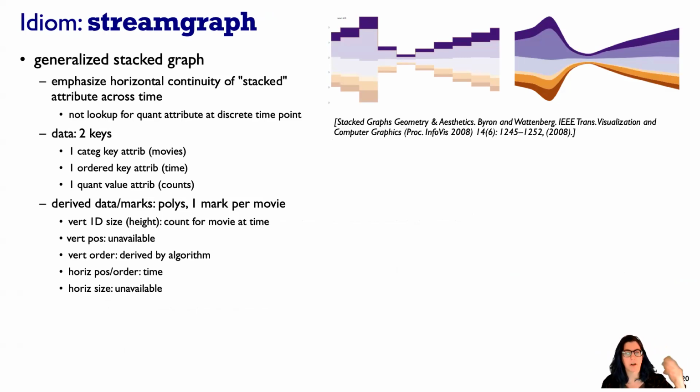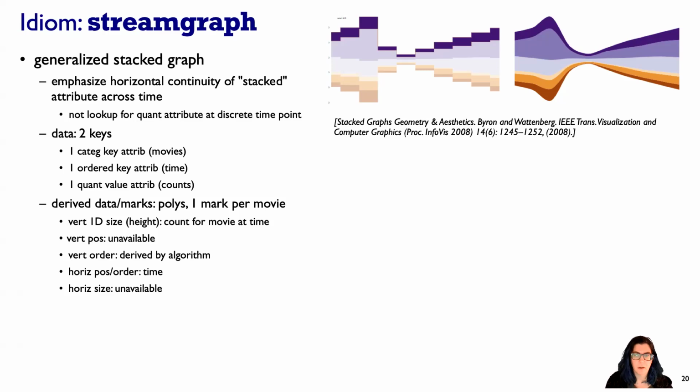So we're going to take our data. We've got 2 keys. In this example, the one attribute is movies. The other attribute is time. And then we have counts, like how many people saw the movie in that day or month or year. Now, what we're going to do is derive something. And we're not just going to derive something simple, like a single number. We're going to derive an entire polygon. We're going to derive a blob, a shape, where we're explicitly using an algorithm to construct this shape so that the height at each spot in time does encode the number,